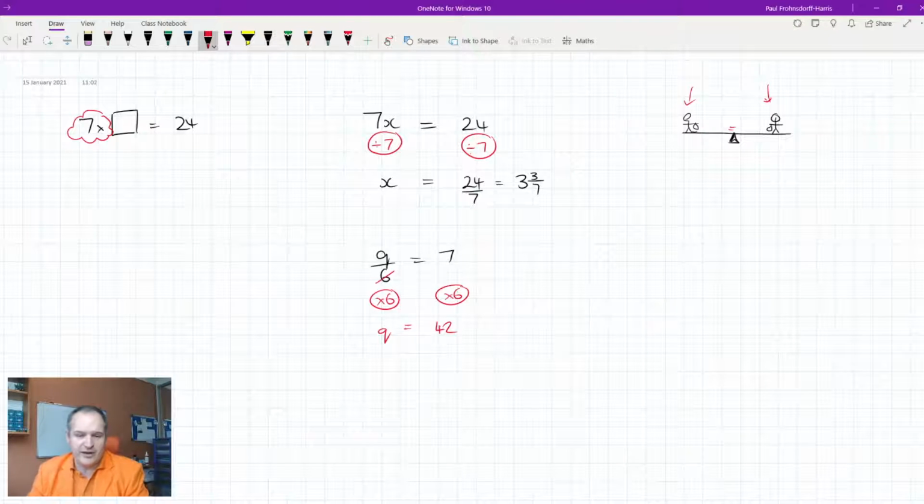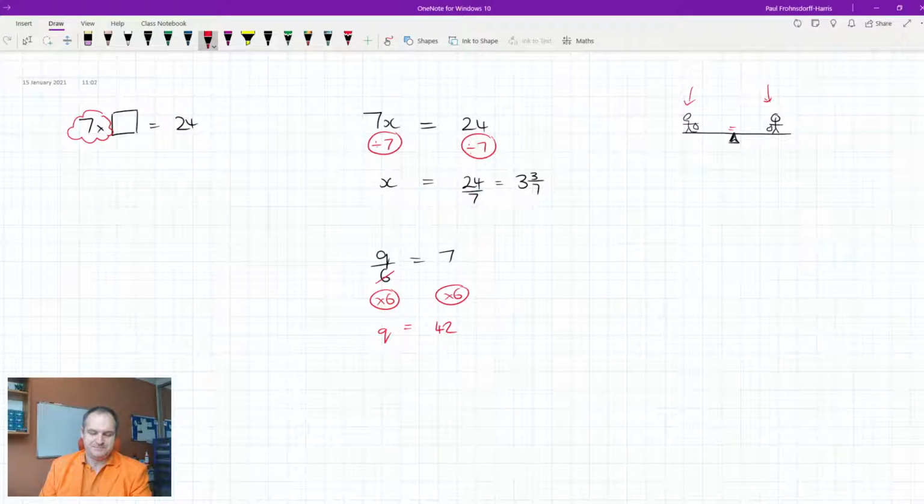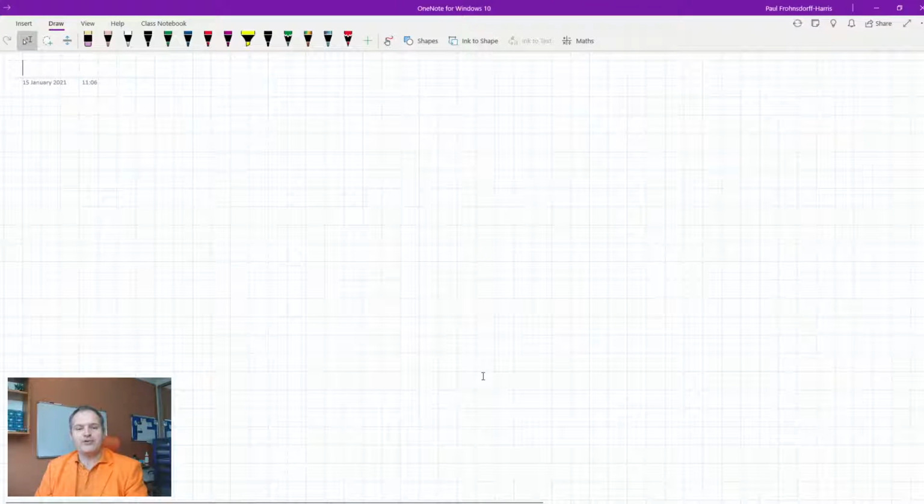It's not a pretty sight, so we try and make sure they don't do it. Okay, the next thing we're going to do is look at what about when there's a couple